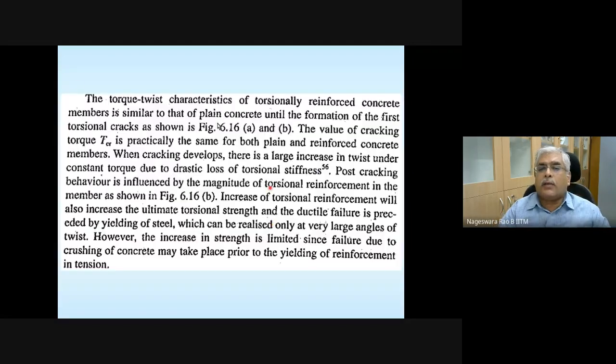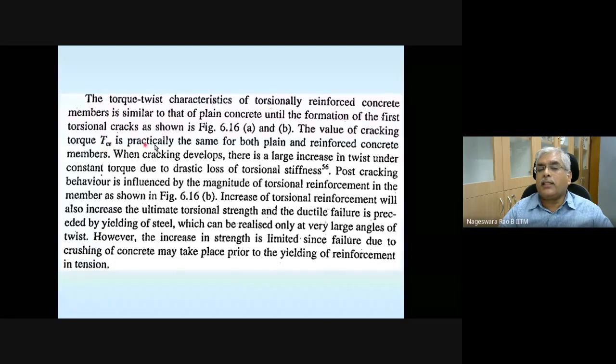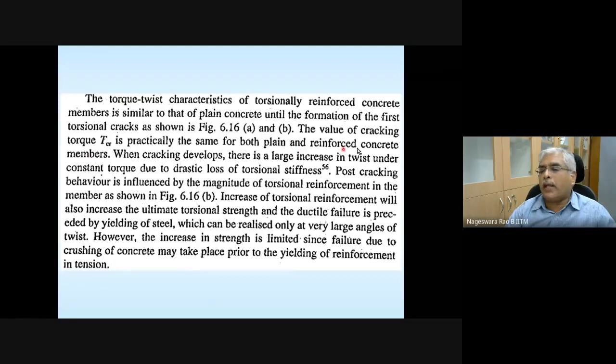So let's see here what it is written. The torque-twist characteristics of a torsionally reinforced concrete member are similar to those of plain concrete until the formation of first torsional cracks. That is what we noted. The value of cracking torque, TCR, is practically the same for plain and reinforced concrete members. The moment at which a crack is going to form is almost the same for plain and reinforced concrete.